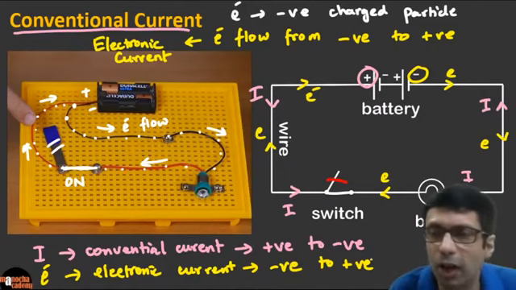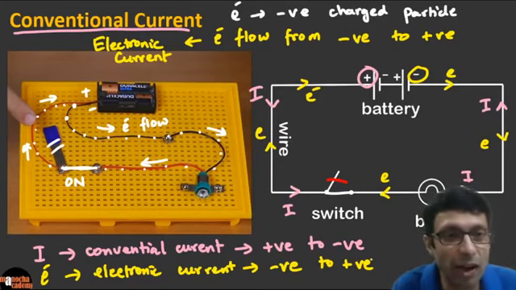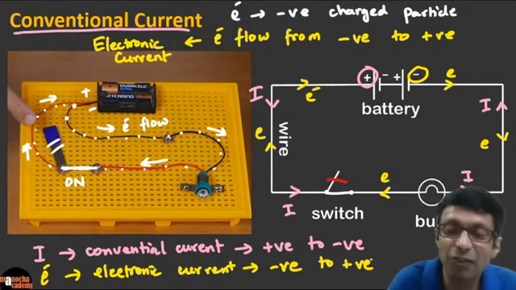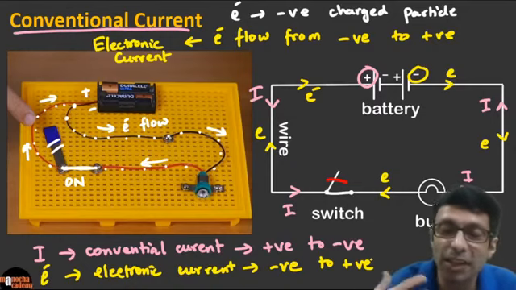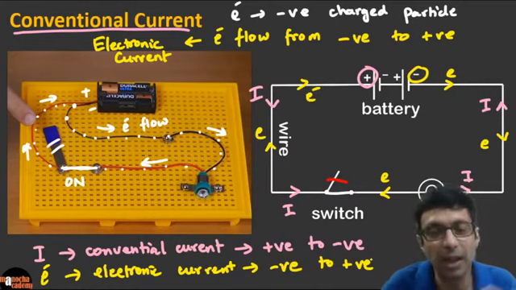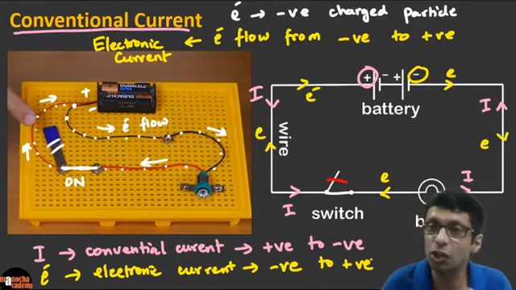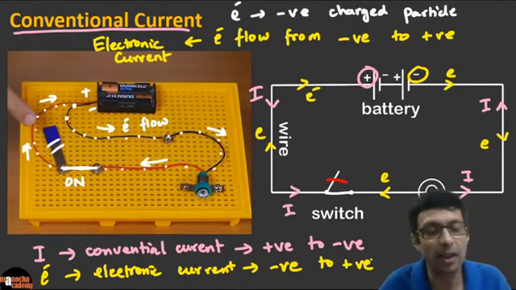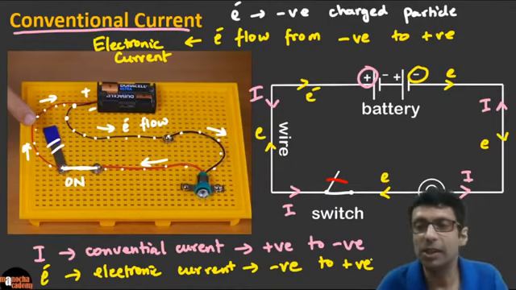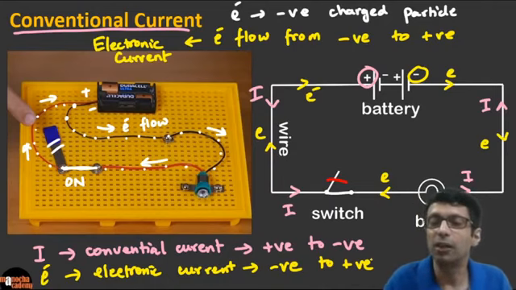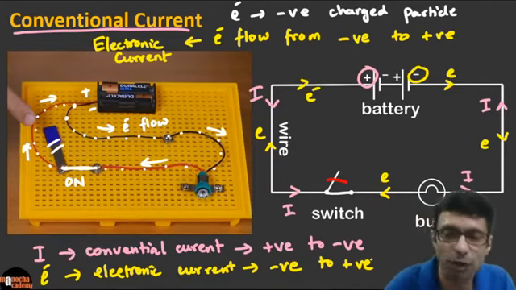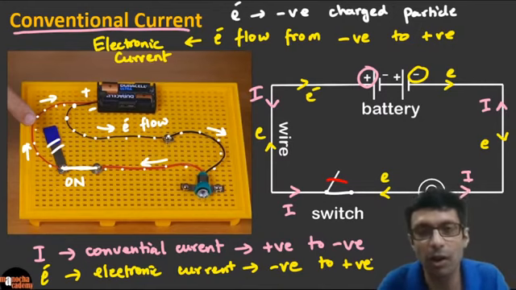So why this whole confusion, right? The fact is that electric current was discovered before electrons. So electricity was discovered before the discovery of electrons. And when they discovered electricity, the scientists assumed that it is the positive charges that are flowing. Okay, so they took that as the convention, just like they took the convention of positive and negative charge for the glass rod and for the silk cloth and the ebonite, right? Those are all conventions.